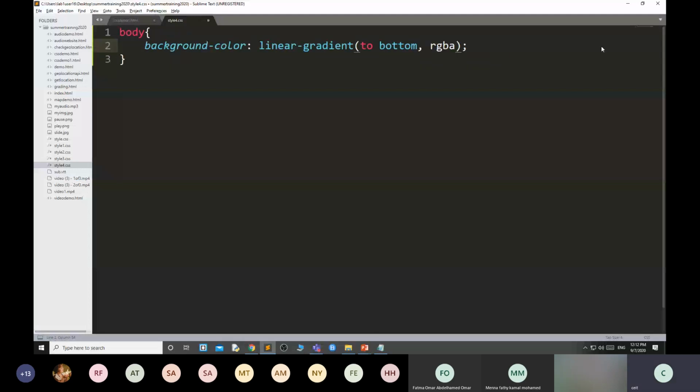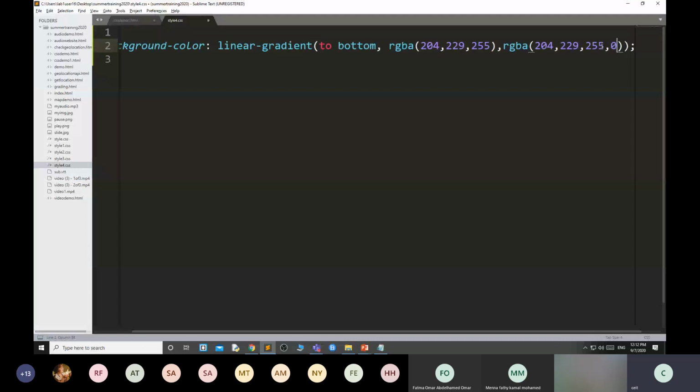RGBA 204, 229, 5. Then RGBA again, same thing, 204, 229, then 255, but here I want opacity 0.4.